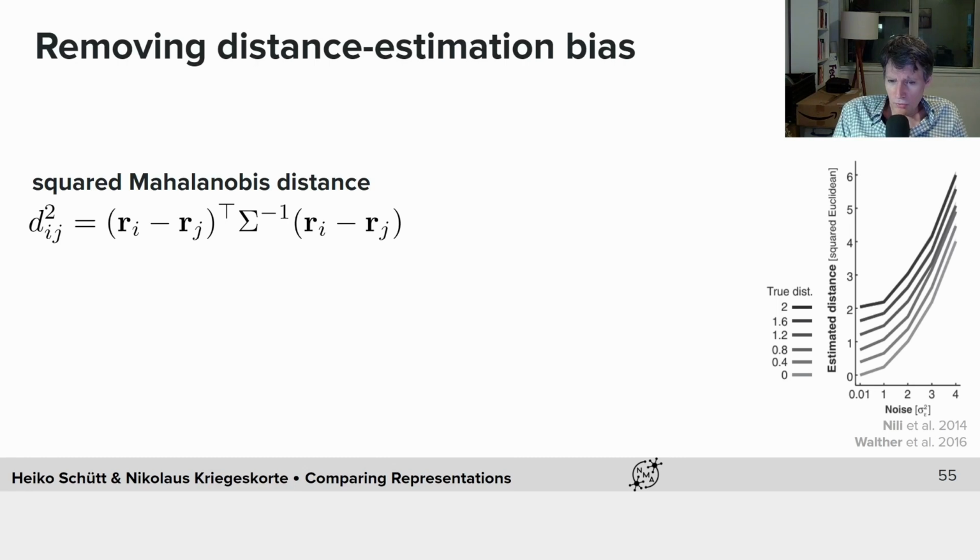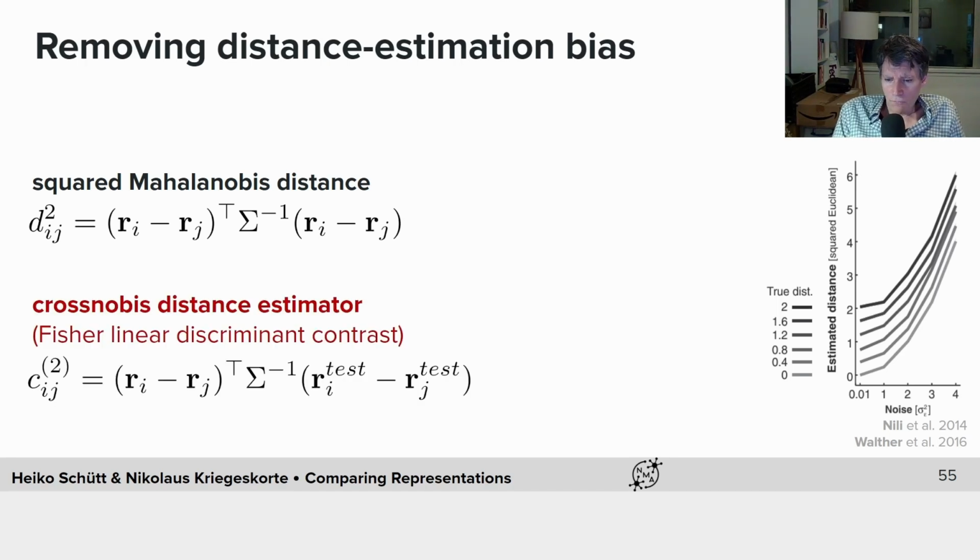So what do we do? Well, we can remove the distance estimation bias. And how do we do that? We can use different data sets for these pattern differences before and after the inverse of the noise covariance. And to understand this a little bit better, we can remember that the first part of the definition of the Mahalanobis distance here is also the definition of the Fisher linear discriminant. So this is a vector W that we can project the data on in order to distinguish these two distributions